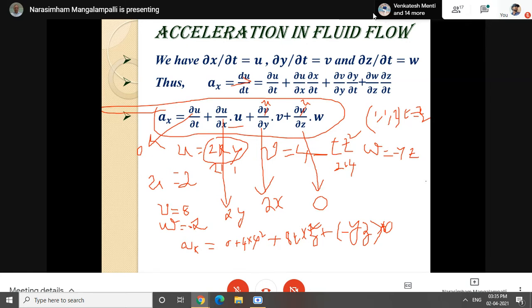Dou v by dou t is 4z square. So the first term in ay is 4z square plus,